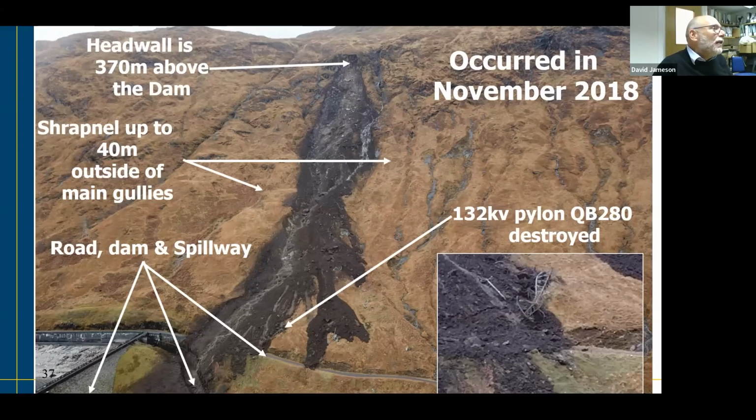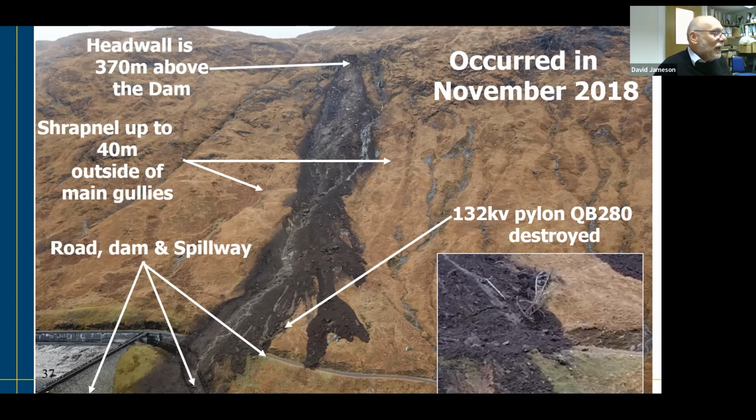And all of that material, which was the best part of 3,000 meters cubed of material, flowed very rapidly down the slope, controlled in the most part by the gullies that were present on the pre-failure ground surface, down the slope, and impacted onto the road at the bottom of the slope and into the